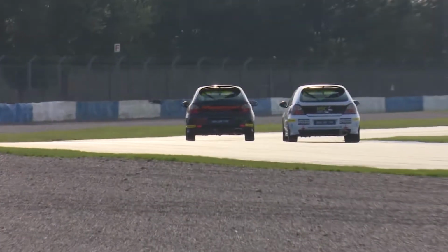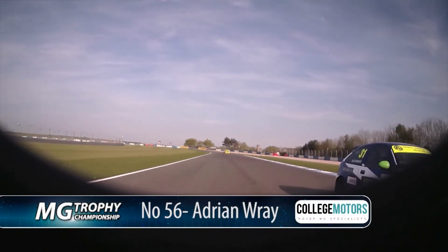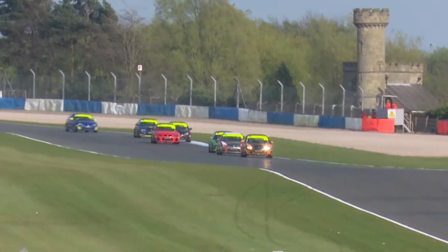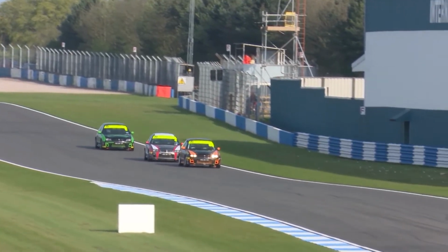These two battling over third place in Class B. Adrian Ray started on pole position. Jack Roberts, the race 1 winner. It's Paul Luty out front in class at the moment, on his way maybe to first class victory of the year as we ride on board again with